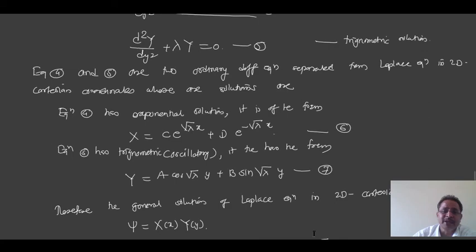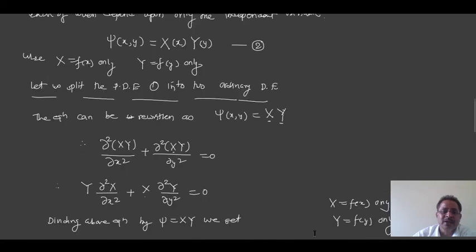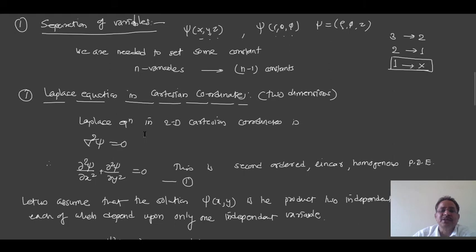Okay, so before that, let me revise very briefly what we have started here, that is the separation of variables method. As I said, these are the variables in the xyz coordinate system. This is r theta phi, this is rho phi z; cylindrical, spherical, Cartesian. Depending upon how many variables your differential equation contains, that many constants we have to decide, and we can separate the given partial differential equation. If n is the number of variables, n equations will be there. If n is the number of variables, then n minus 1 will be the number of constants. So this is to be understood here.